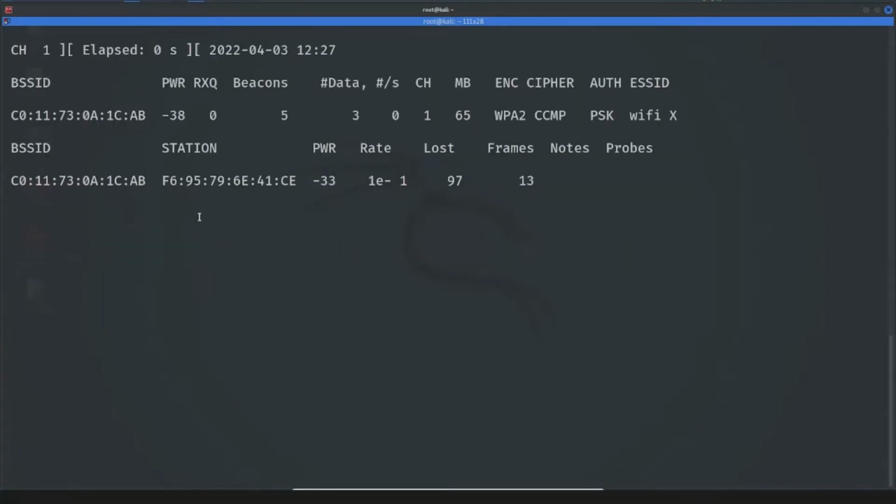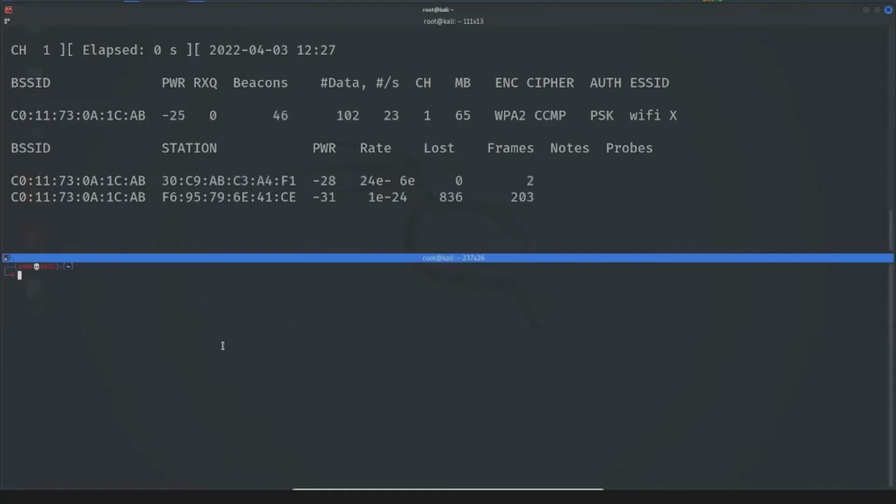So now we came to the most important part of WPA and WPA2 hacking. If you want to hack a WPA or WPA2 network, you have to get a handshake. And you may ask, what's a handshake? I dropped a link in the description that will teach you the theory behind the handshake. But as short information, from a technical point of view, a handshake in wireless networks is the exchange of information between the access point and the client at the time the client connects to it.